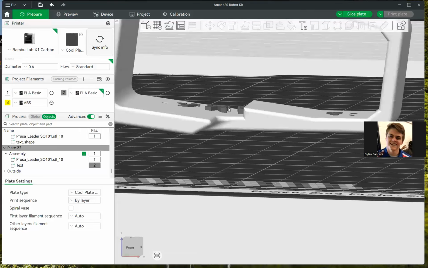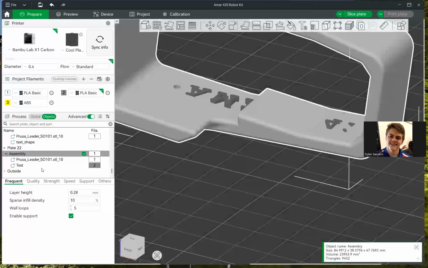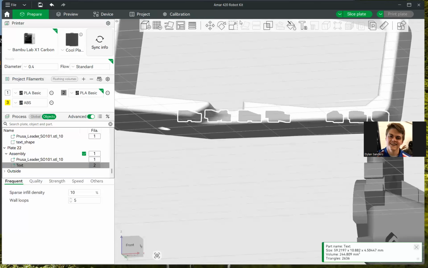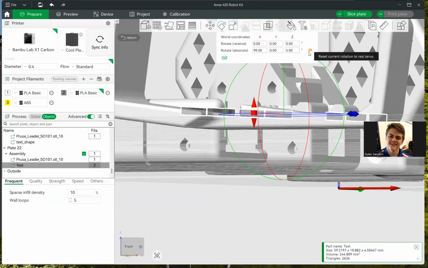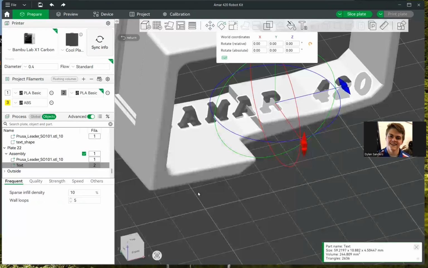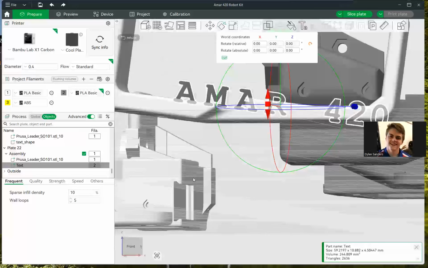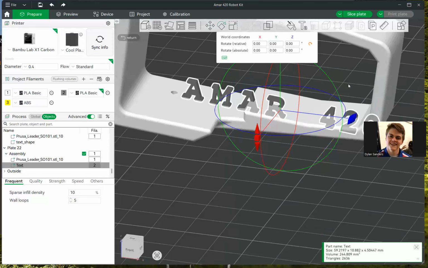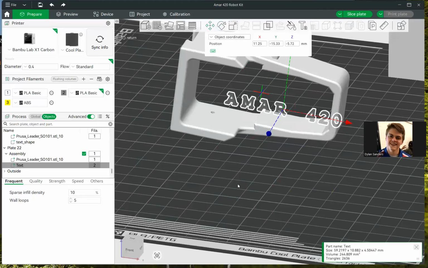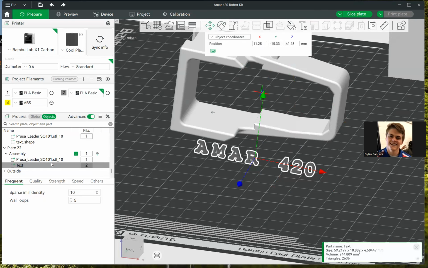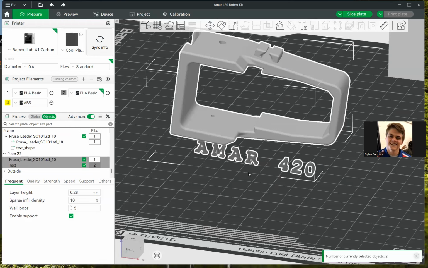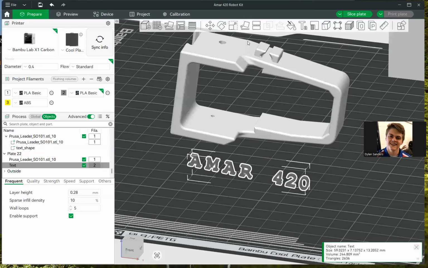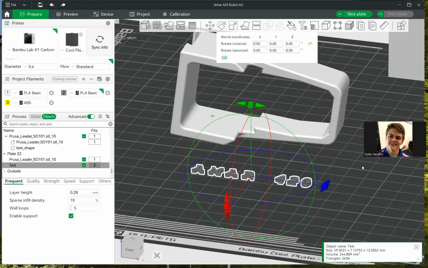And now that it's flat there, we can now put this other text, right? And we can move that down. And we might want to come in here and revert its stuff and say, hey, actually, we want to move you over here. Or what we could do is unmerge these parts too if we're having a lot of trouble with it. And it's being weird. We could just go here and hit split to objects, and now these will be recognized separately again. And now you could say, hey, I want you to revert all your rotations back to 0,